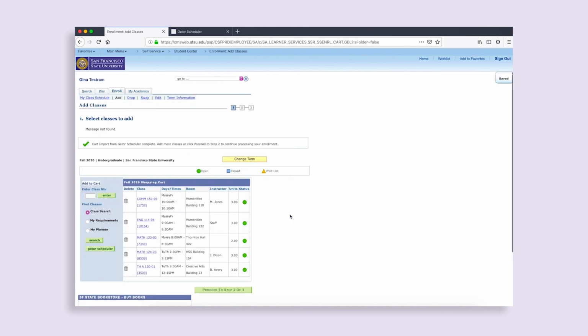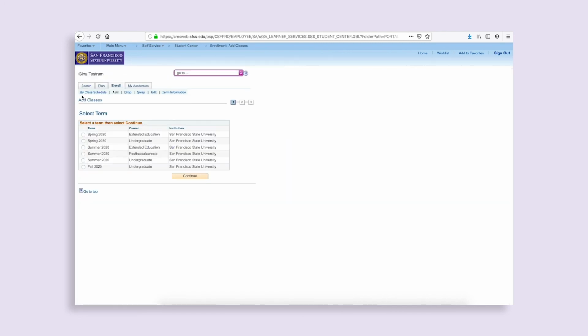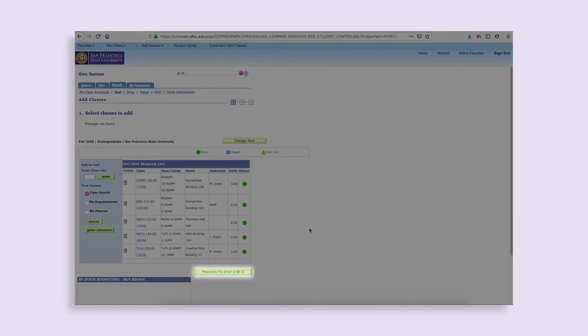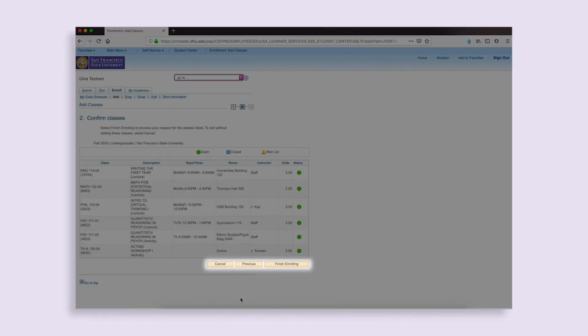At the start of your enrollment appointment time, move quickly to complete your registration and confirm your course registration officially. You do not want to lose a seat in the courses that are open. Log back into your Student Center if needed and select Enroll. To confirm your seat in the course, you must select the Proceed to Step 2 of 3 button. The system may give you a pop-up message for your math and/or English placement notices. Select OK to these messages and continue through the prompts to the final Finish Enrolling button.